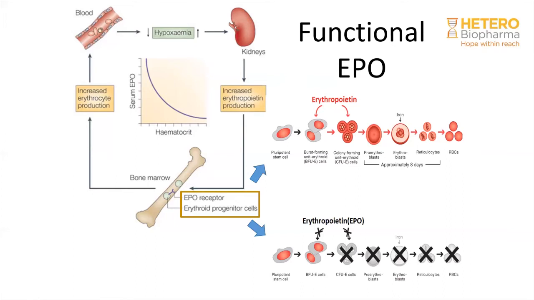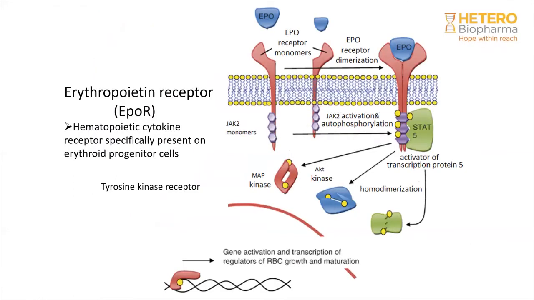This is how the erythropoietin receptors usually are. If you look, it's a dimeric receptor. You need to have a homodimer. The erythropoietin receptors are exclusively present on the erythroid precursors. Once an erythropoietin molecule binds to the erythropoietin receptors, they form a homodimer. Following the dimerization, there is activation of the JAK2 and STAT5 pathway.